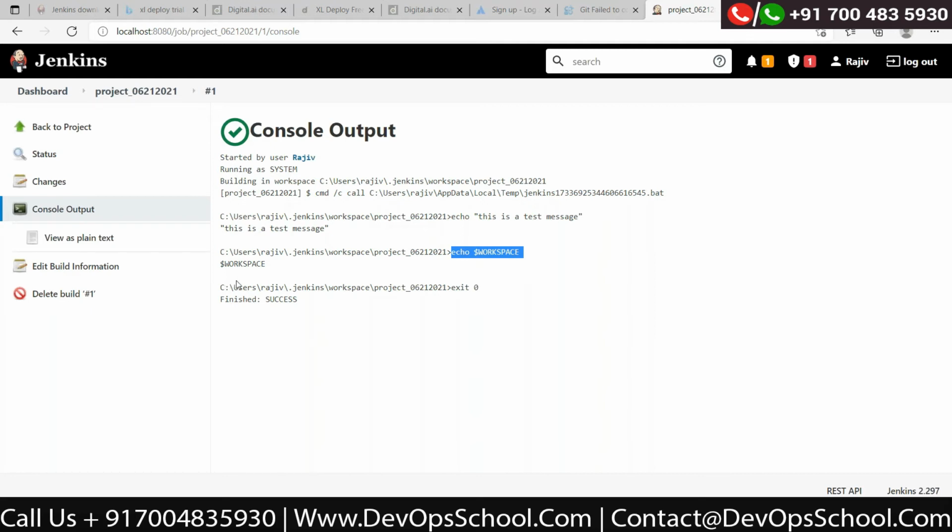There are two, right? It says echo dollar workspace and then again a workspace. There is something wrong with this command. Dollar workspace.